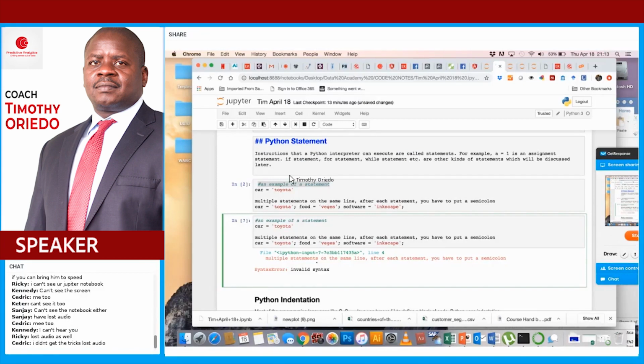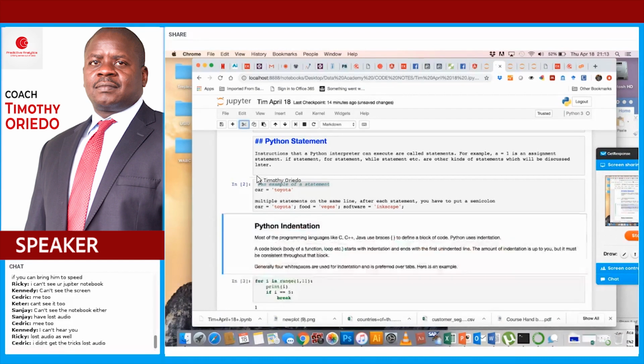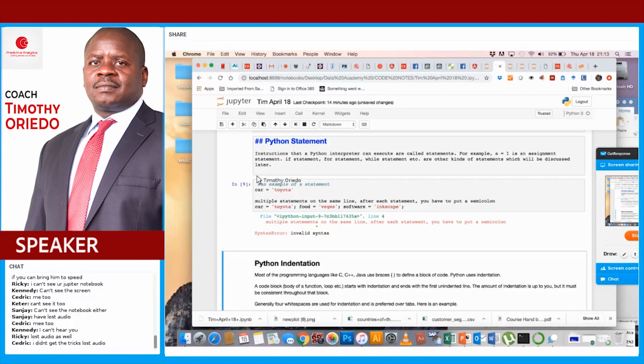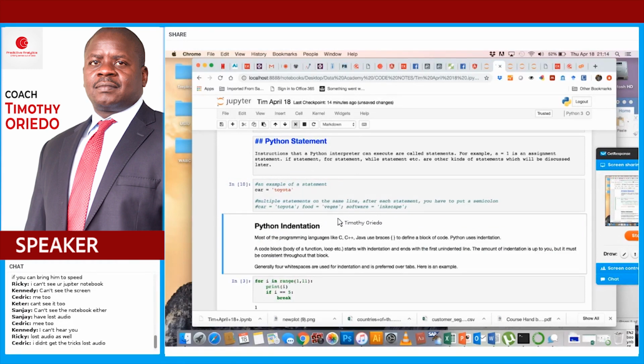Car is equal to Toyota. So let's put the hashtag here, and here. So we nullify those two. So when you print this cell, you could come here and say